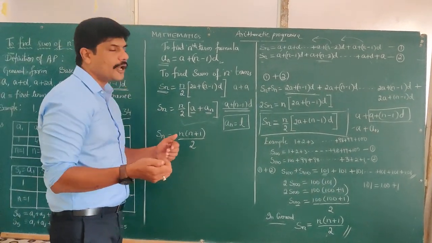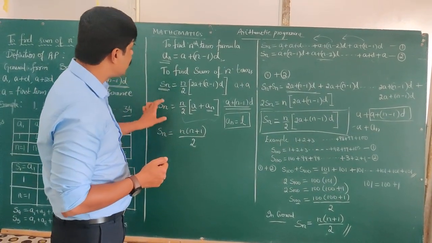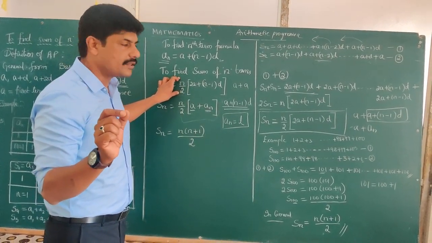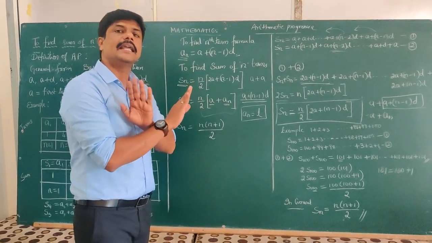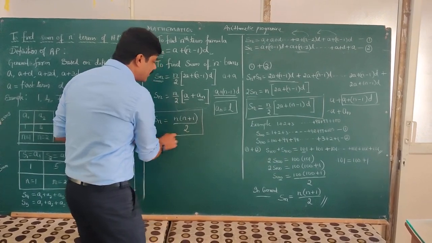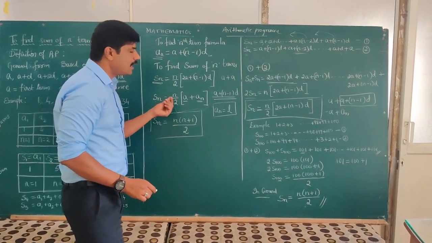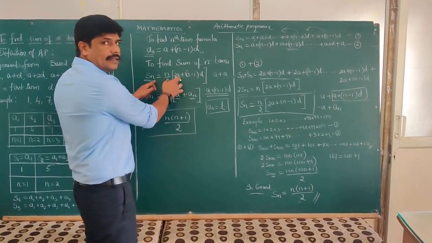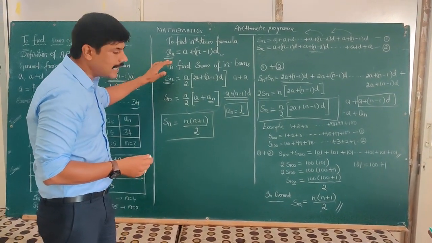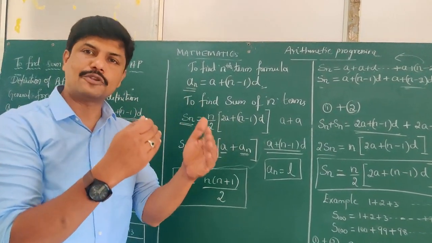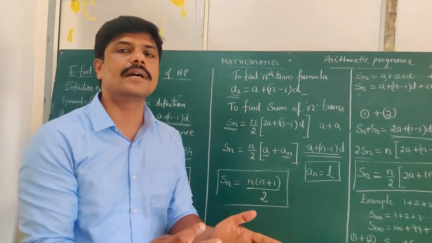So you can ask me the question, sir, is it not possible to find the sum of n natural numbers using the earlier formula? It is possible. That formula could be applied for anything. But this is the very easy way. If natural numbers are given, you can use this. It doesn't mean that you should not use the other formula. You can use that formula also. You can use any formula to find the sum of n natural numbers or the sum of any numbers that are given.